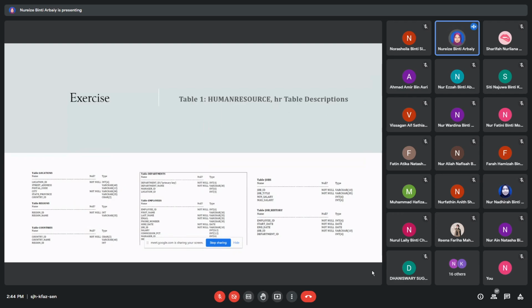And then you need to create the tables using this exactly the